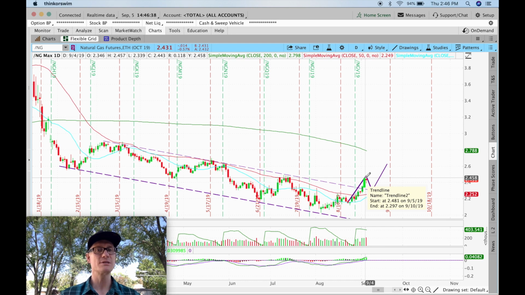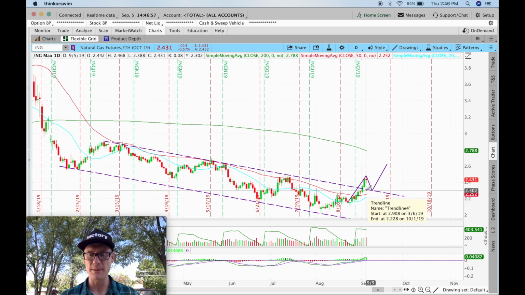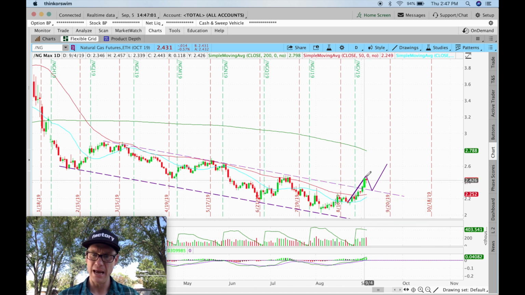So we're now outside of the channel, and we're outside and above the 50 simple moving average, which is key in my opinion. Again, this is all my opinion, so trade based on your own due diligence, your own thoughts, but these are just my opinions on what's happening right now on natural gas. And I drew these lines here because I want to illustrate my point a little bit. When you get this big push up, and now we pause, I'm going to be waiting for a push back down and then a breakout to the upside.